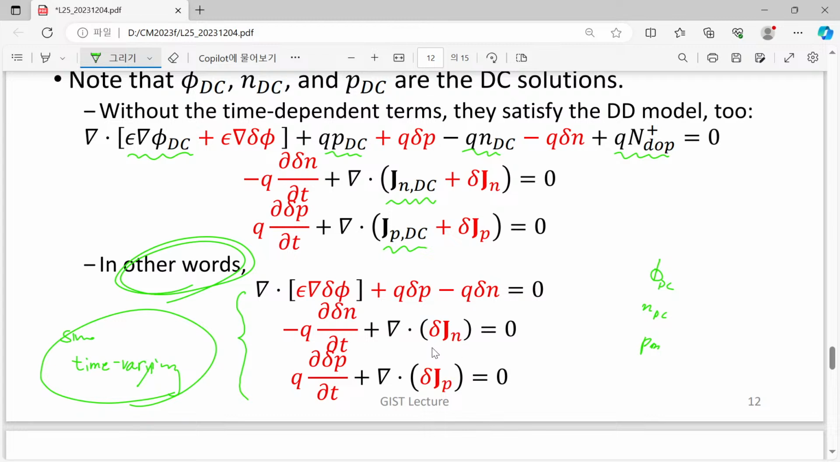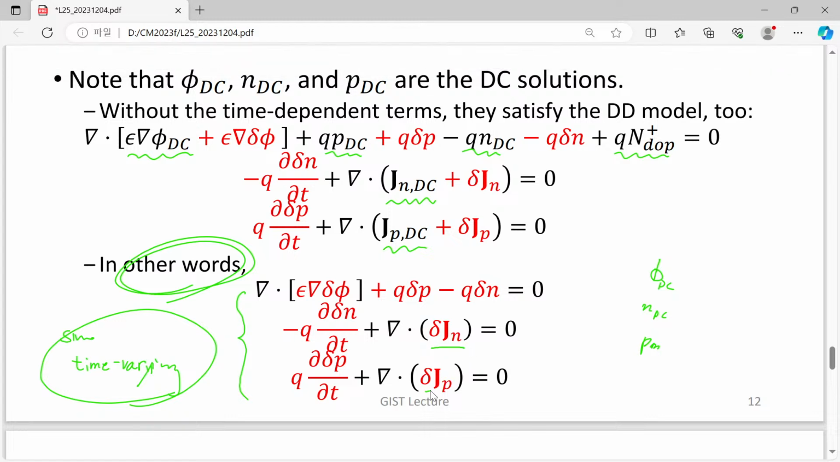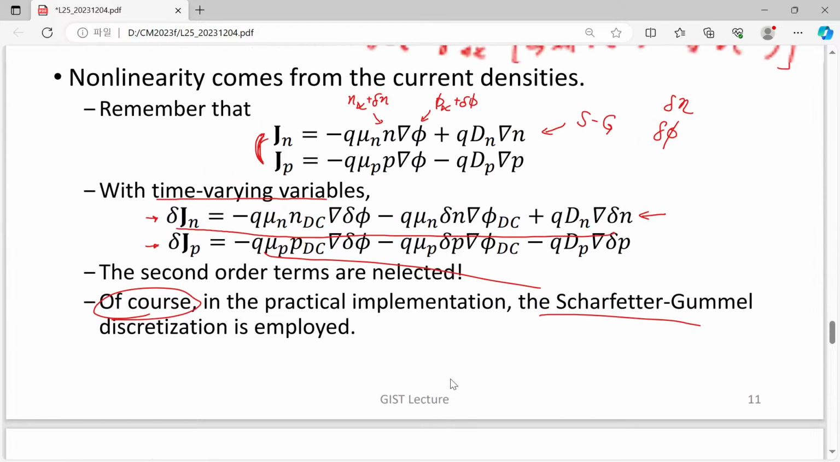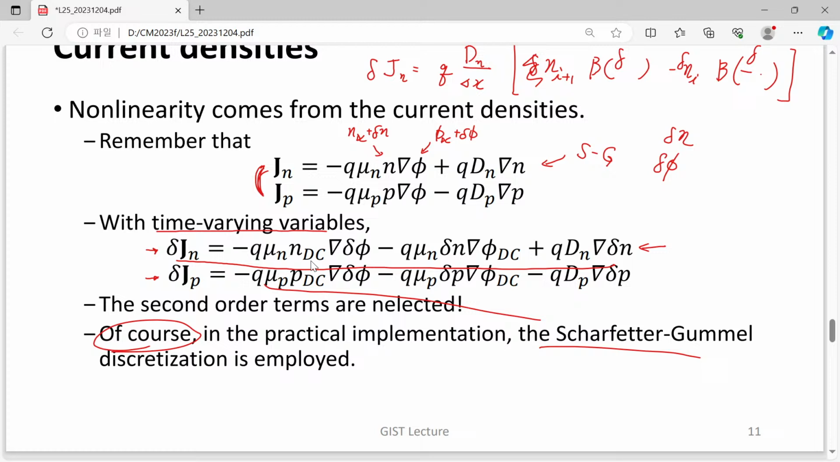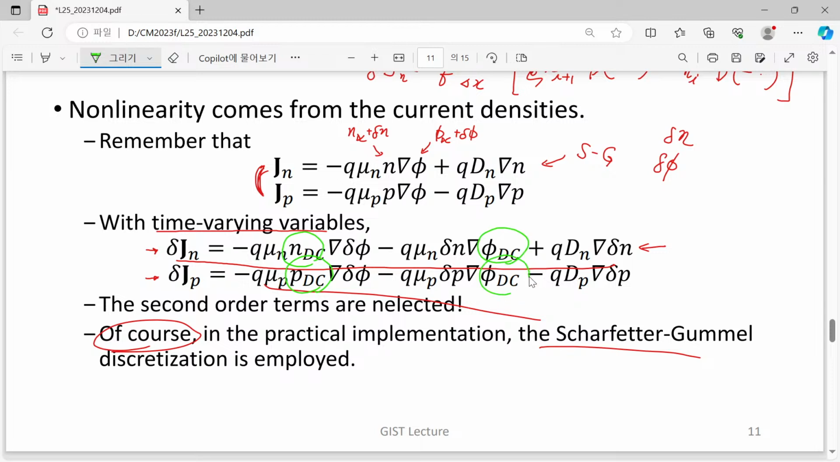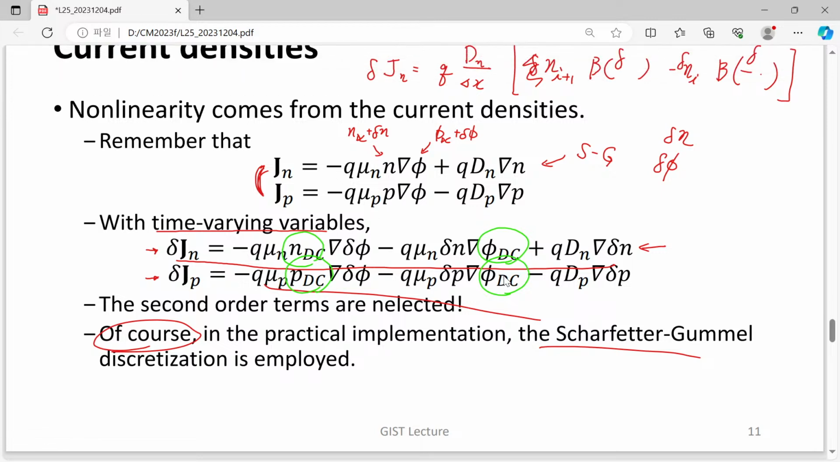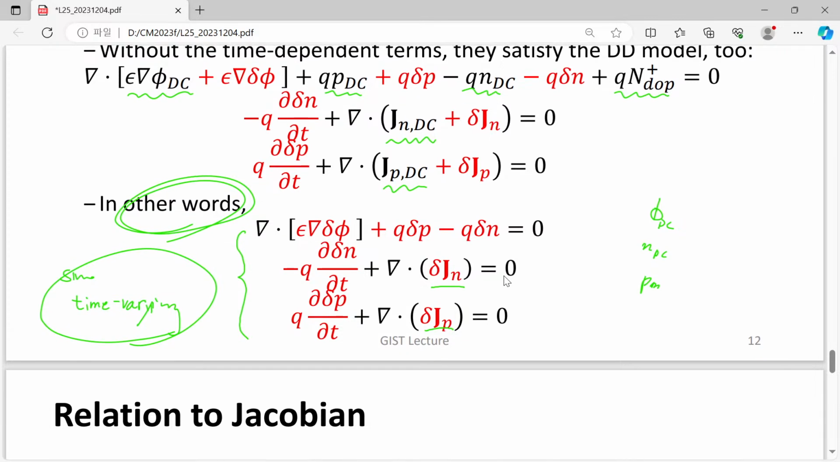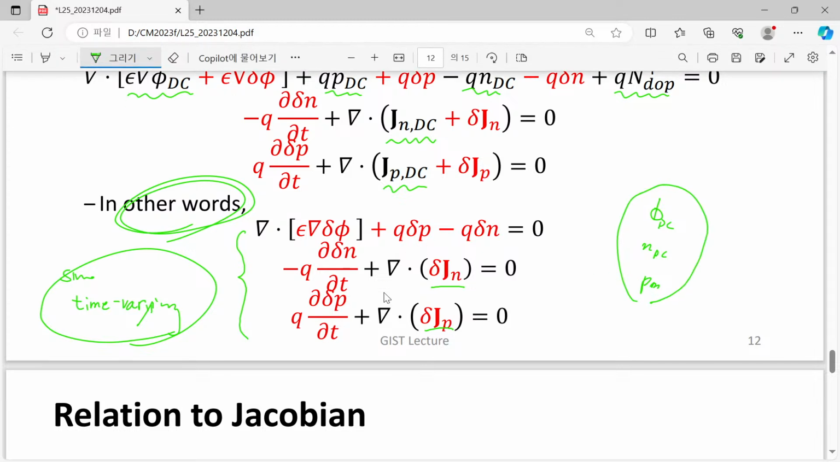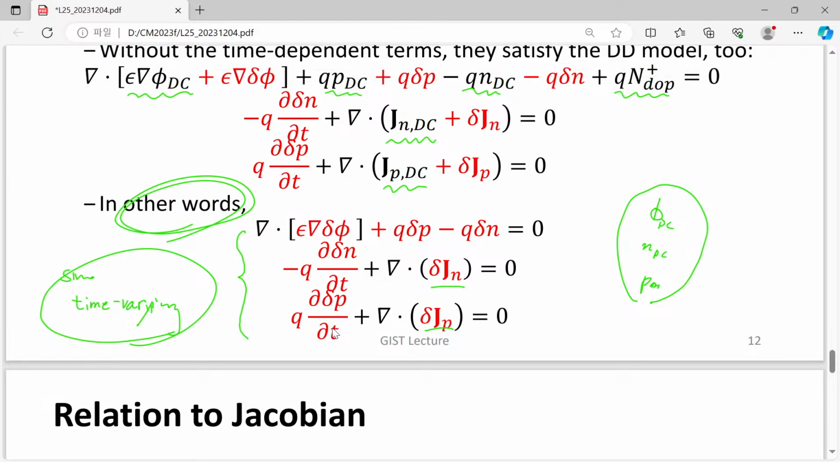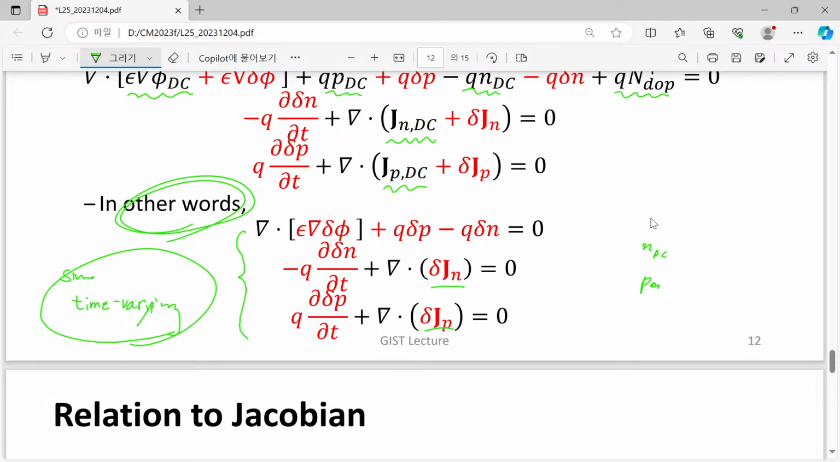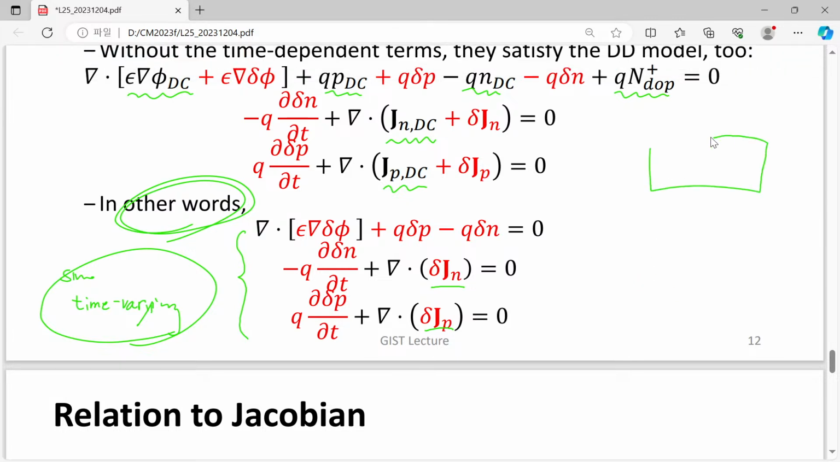You can find the dependence on the DC solution here and there. Both delta Jn and delta Jp contain the dependence on n DC and phi DC. Therefore, delta Jn and delta Jp are actually dependent on your DC solution. However, anyway, this is the compact form for your small signal variables, the time varying components. So the way is like this. First solve the DC solution. Then from the DC solution, you can construct this